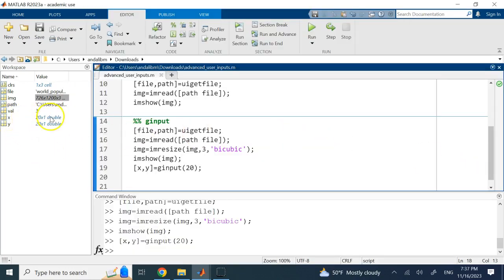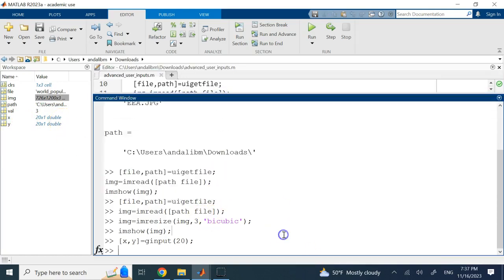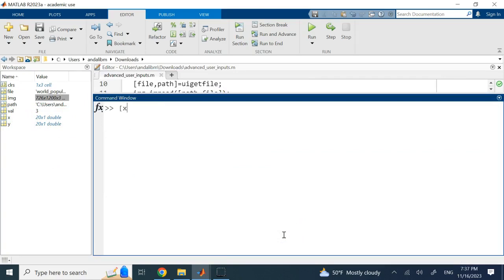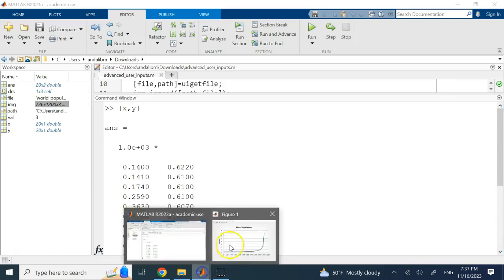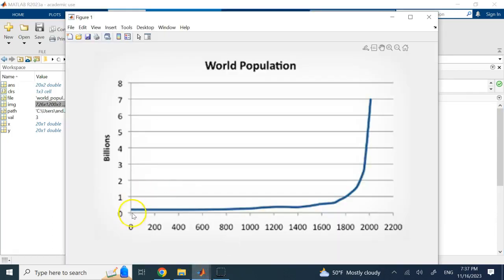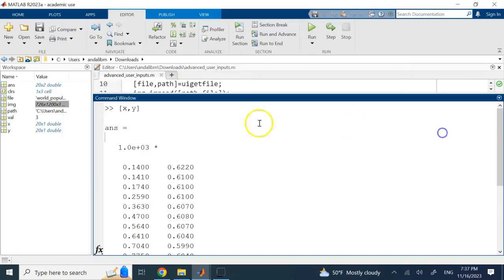And now if I go back, you see I have X and Y, 20 by 1. And if I show you this X and Y right next to each other, you're going to see that the values are not the values in that picture, right? They are not like 0 to 2000 for X and 0 to like 7 billion for Y. If you look at the first point of the graph, not 0, 0, it is 141 for x